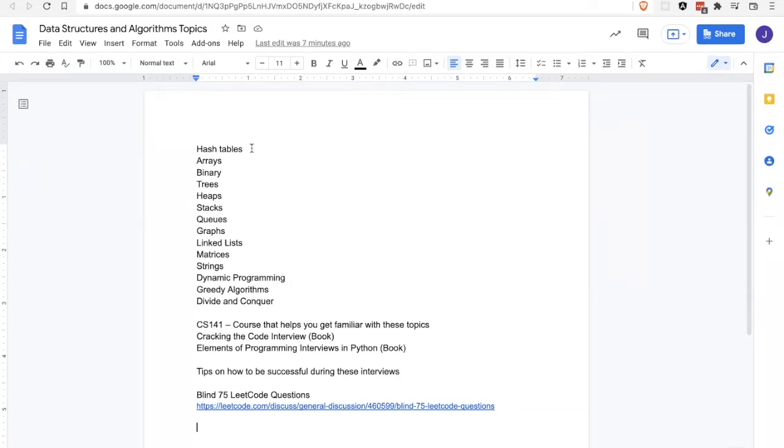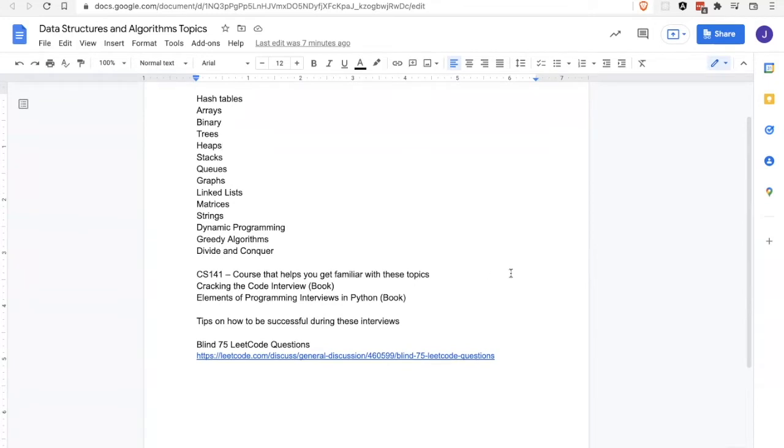There's topics like hash tables, arrays, binary trees, heap, stacks, queues, and so on. If you haven't taken CS 141, I would highly recommend that you take that course as well, because it covers a lot of these topics in depth.